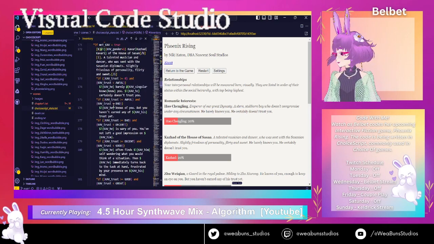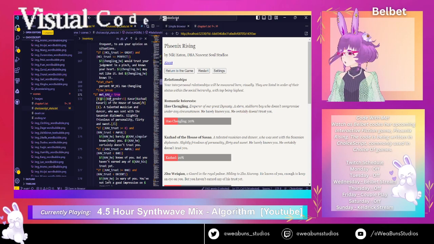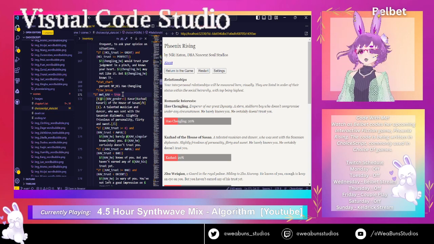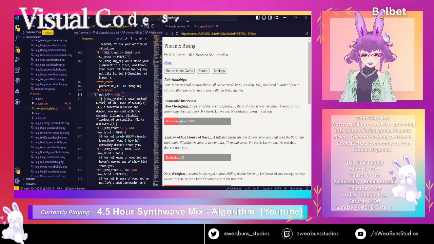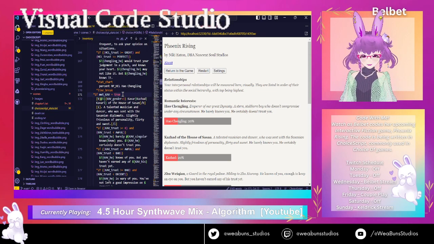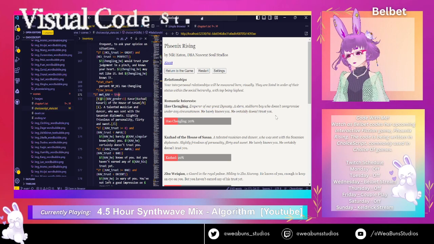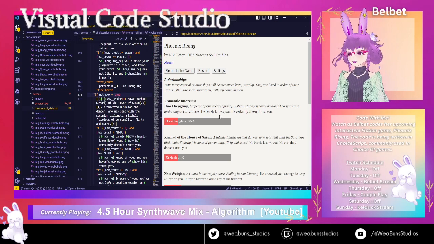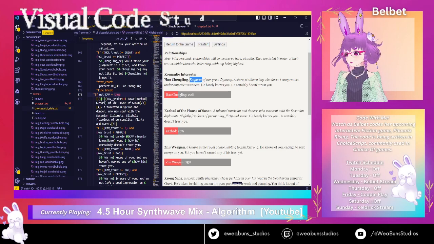But if you'll notice, it's if you've met them. So I don't mark that they've met them until they have met them in the game. And then once that's the case, then this kicks in and they know that person and this is what they see. And then based on gender,